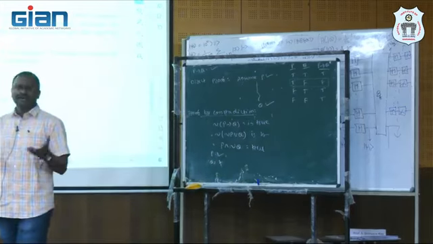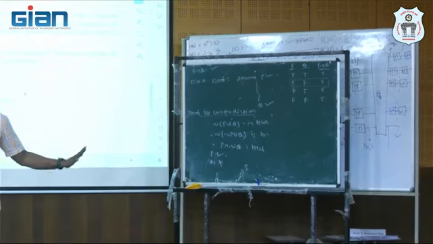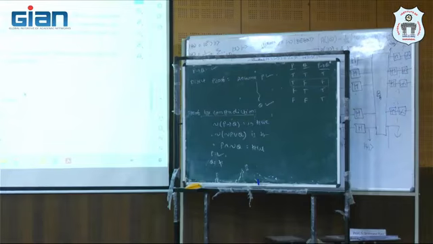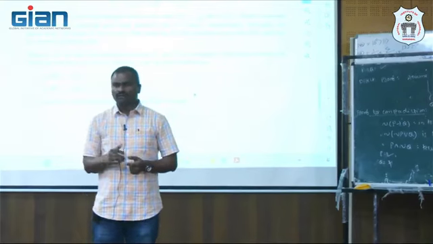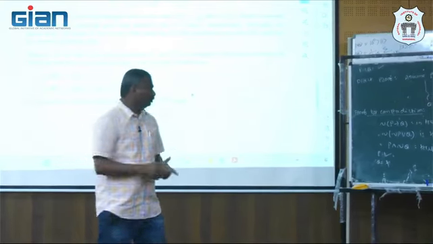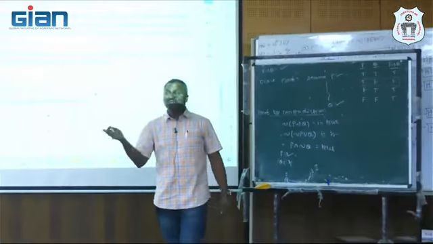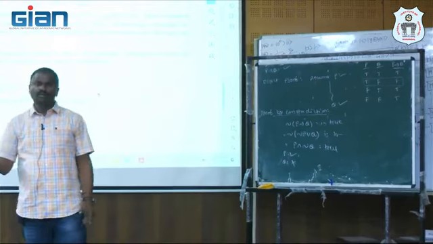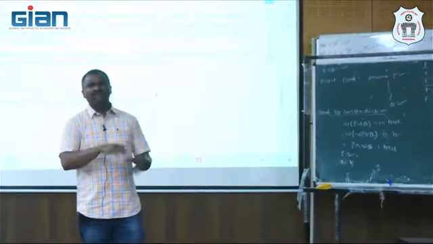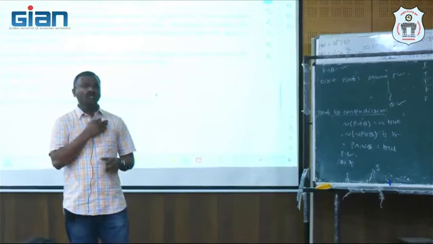Then somehow you arrive at a contradiction. It may be contradicting some well-known fact. Later, after some steps, you get that 16 is greater than 205. That means it is a contradiction. Or you get a contradiction to your assumption, that P is happening along with negation P. That is also a contradiction. Negation Q is happening along with Q. That is also a contradiction. If a contradiction occurs, then we say that whatever we assumed is not